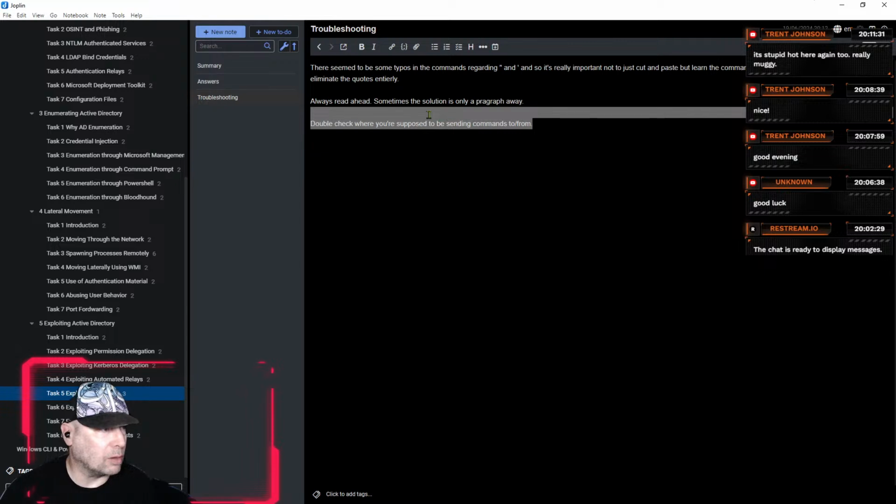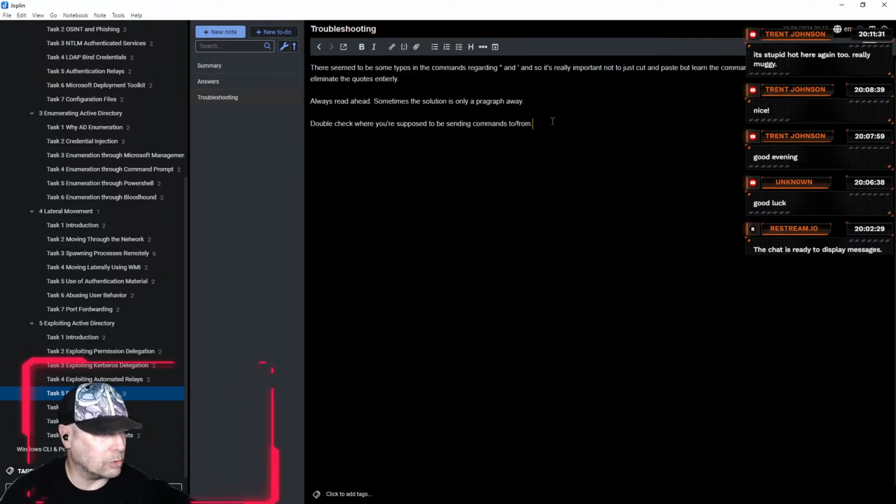So some of these are broader tips and tricks to success, but specifically for this task, make sure you get the right key database.